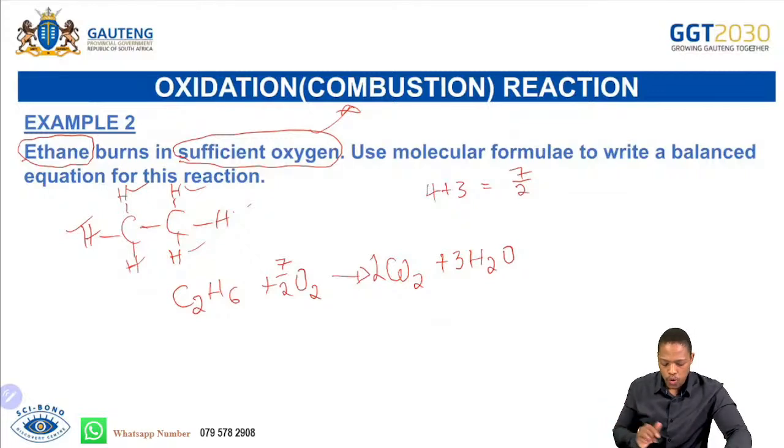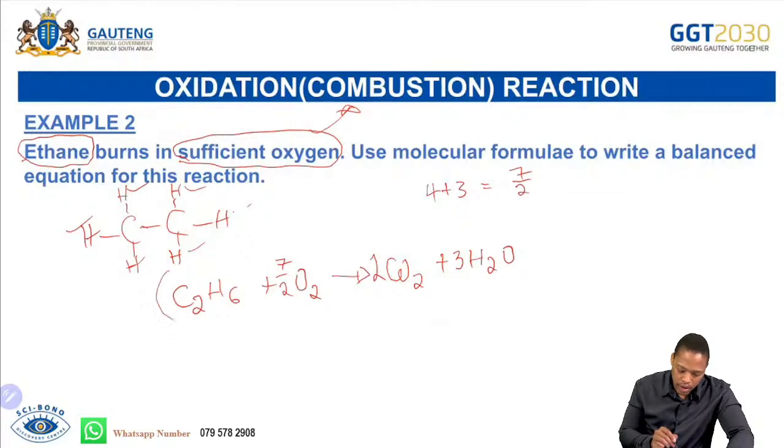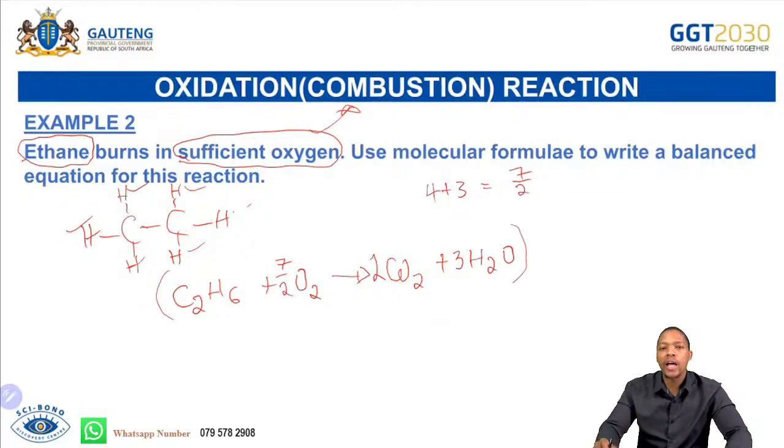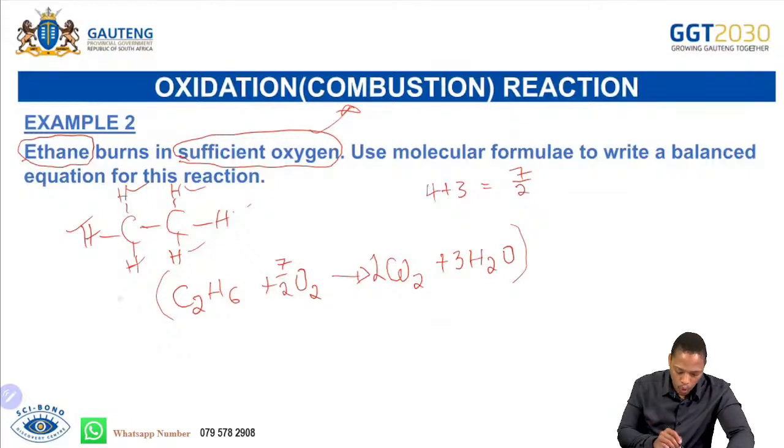Now what you are going to do after you've written this as a fraction, you are now going to multiply the whole reaction by the denominator, which is 2. It will always be 2 by 2. So multiply the whole reaction by 2. Now you are going to have the answer is